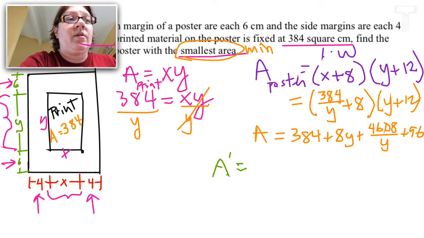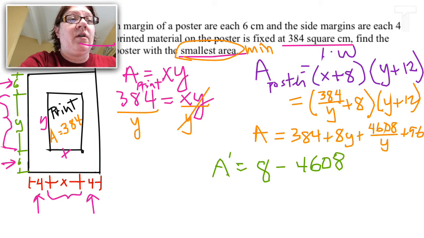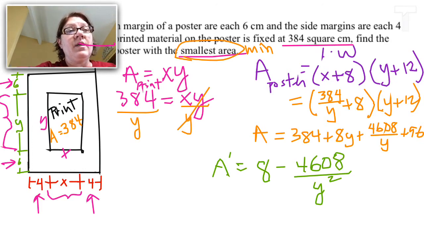Oh, I hope this isn't going to be ugly. So I'll have 8 plus, oh, actually minus, right? So it's going to be a negative because that's really a negative y to the first, or a y to the negative first rather. So it'll be a negative 4608, and then that'll be y now to the negative 2. So now if I want to be a minimum, I got to look at